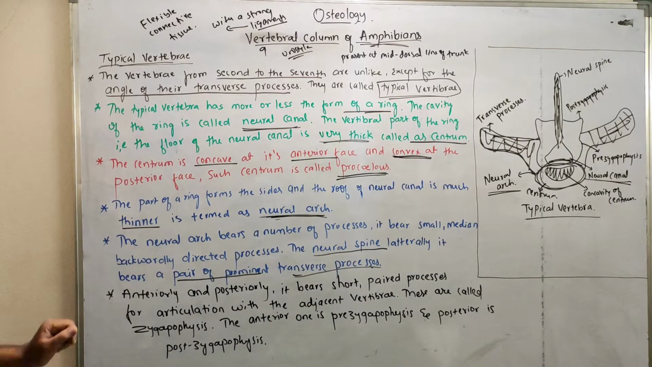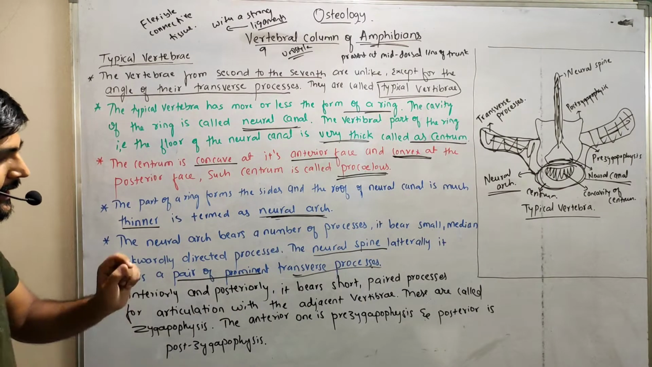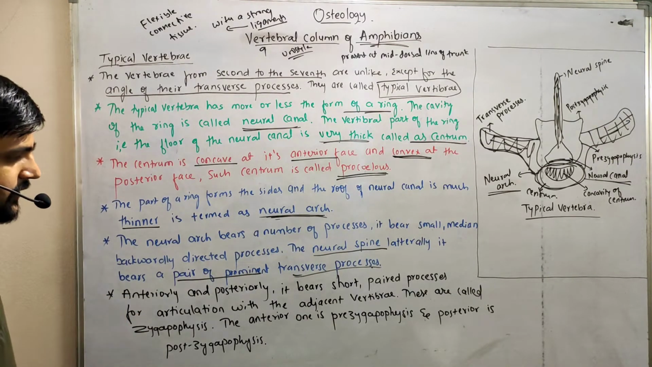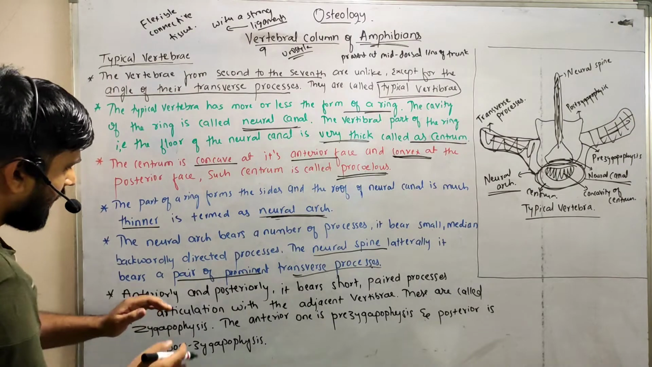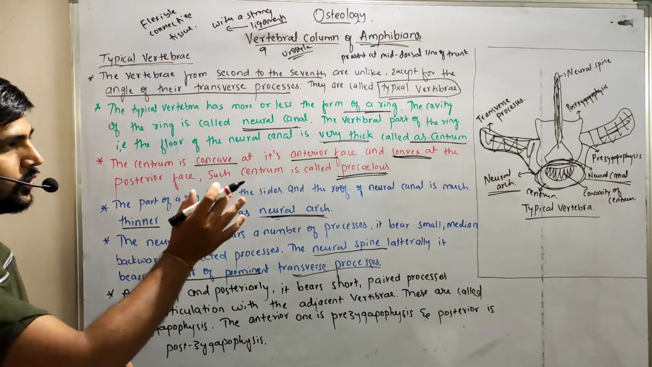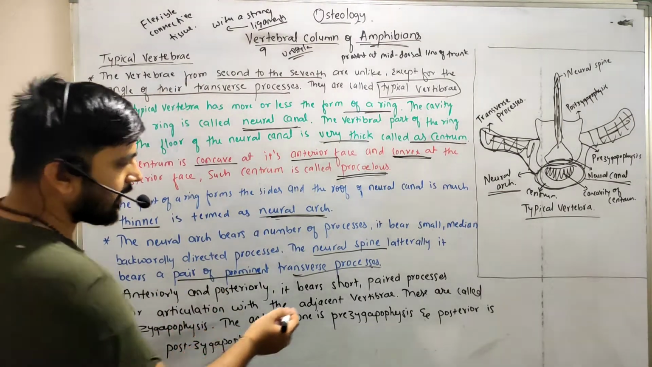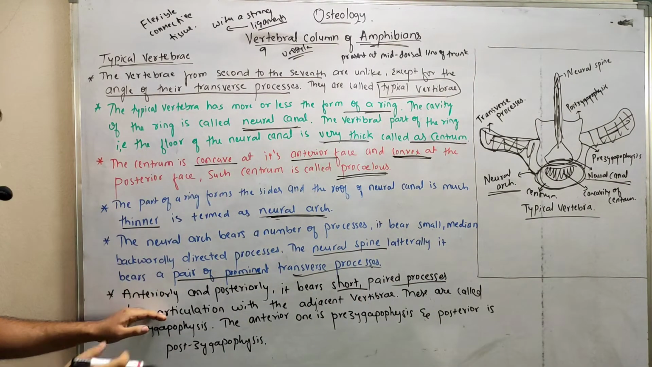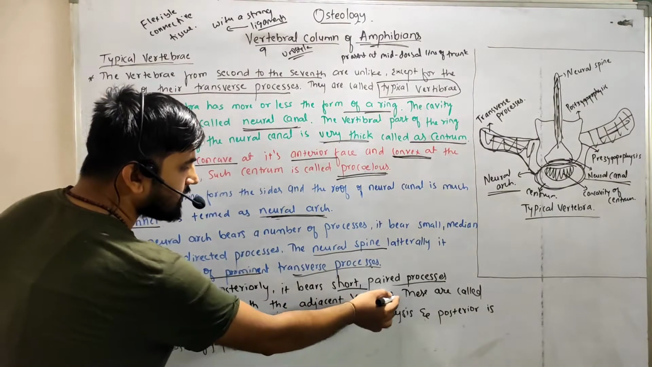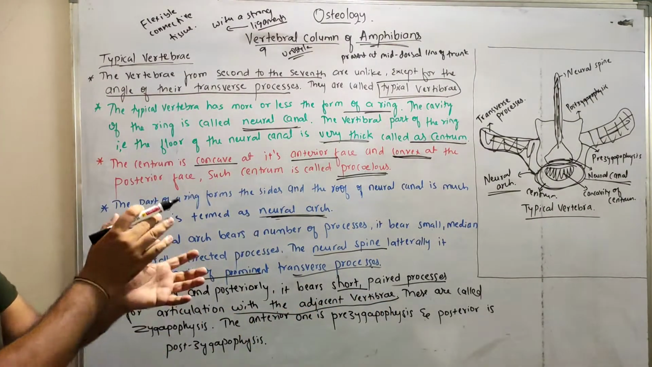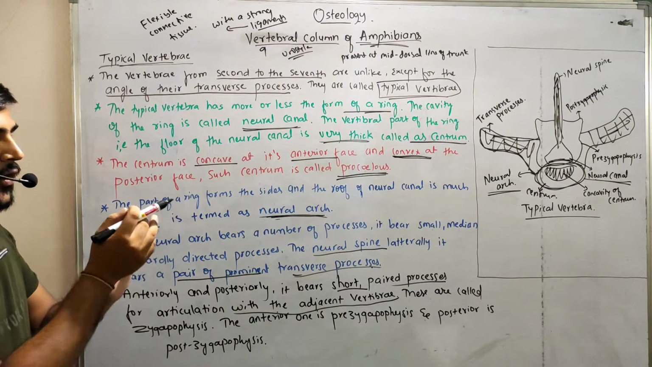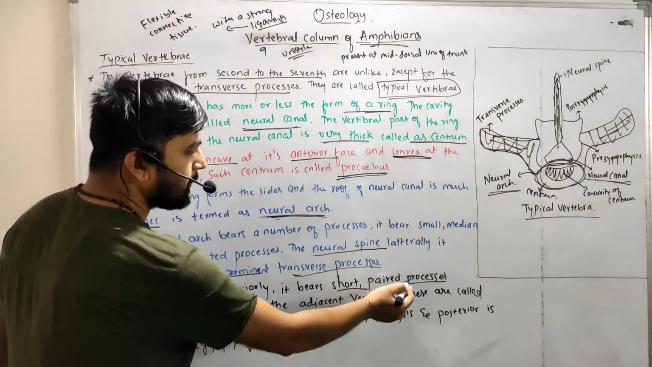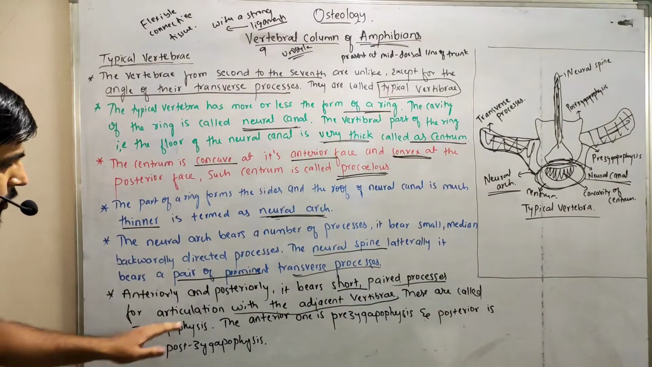Okay, and next point. Anteriorly and posteriorly, the vertebrae bear short paired processes for articulation with the adjacent vertebrae. I told you that they are present one behind the other, so for their articulation purpose, they bear short and paired processes, which help them articulate